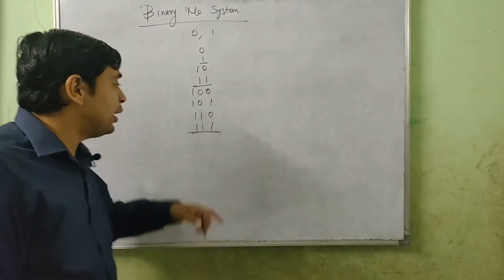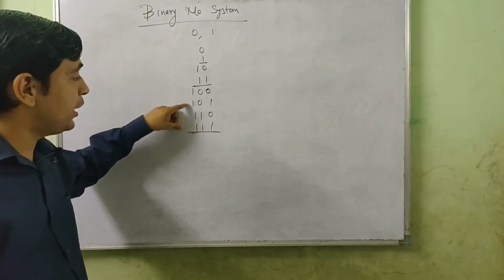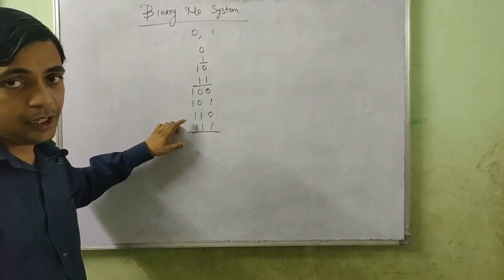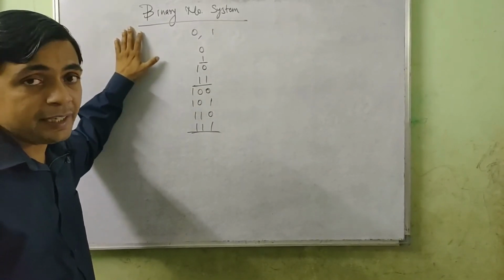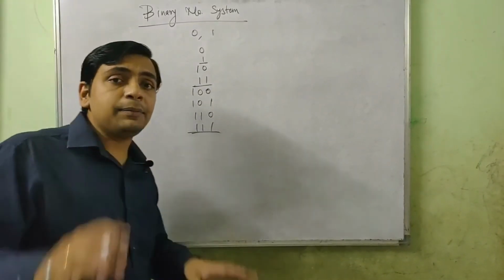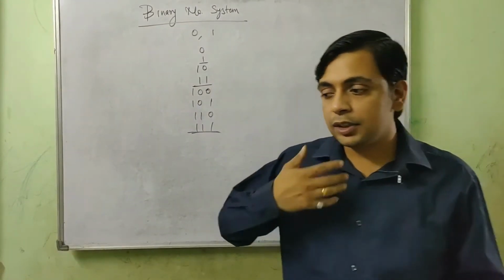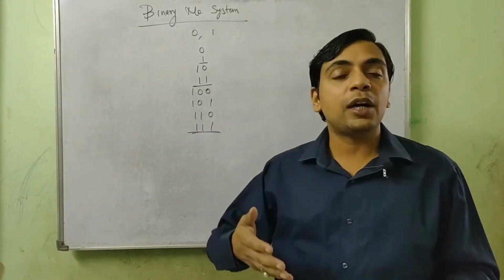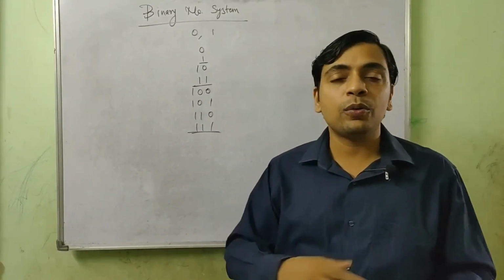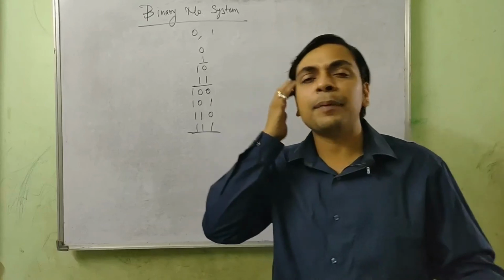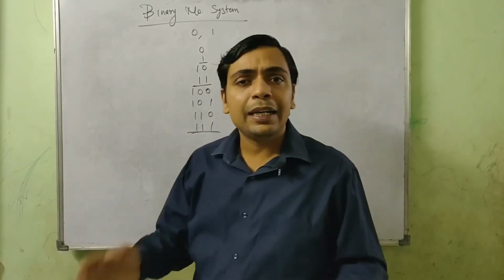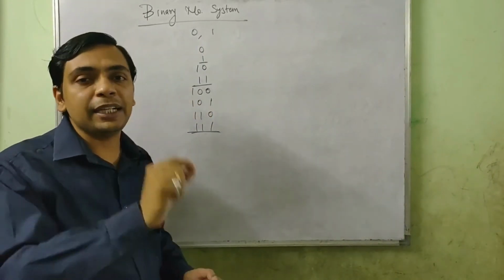And let me tell you, no one will read it as 100, 101, 110, 111. Okay, it's not decimal number system, it's binary number system. So other than decimal number system, everywhere you will read that digit itself, you will not spell the number. So that 1000, 10,000, 1 lakh, 1 crore, whatsoever you have studied in mathematics applies to decimal number system only. In the rest of the number systems, you will name each and every digit.